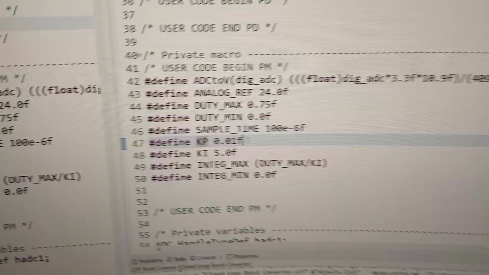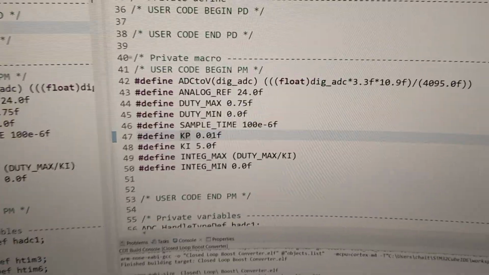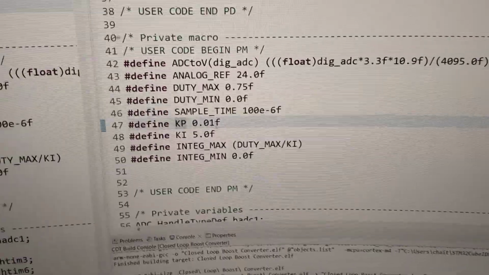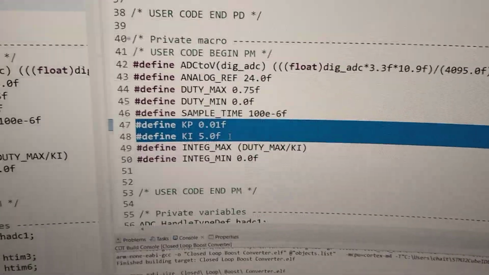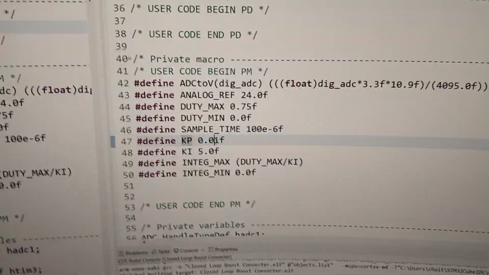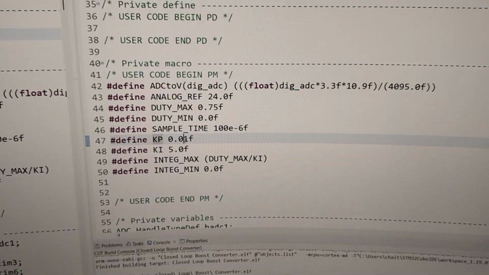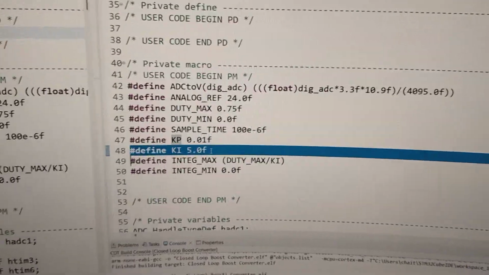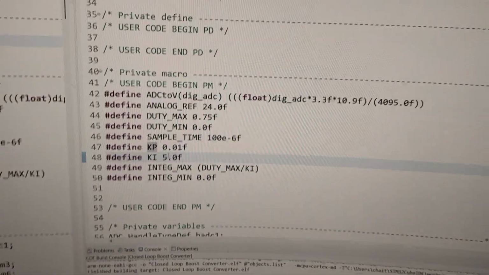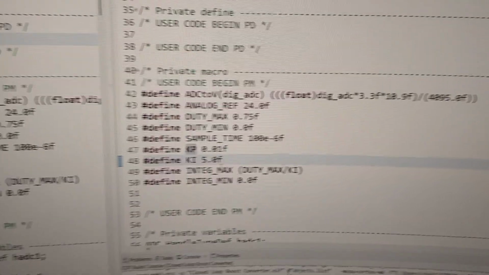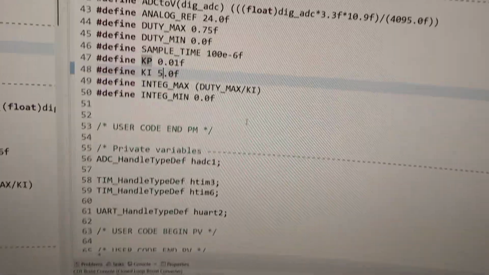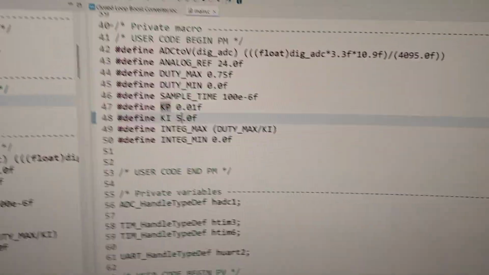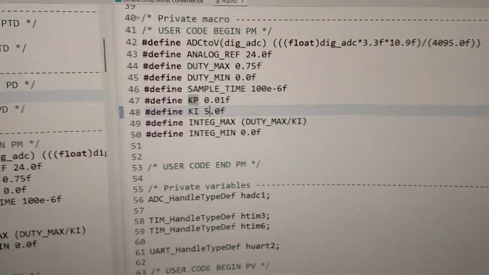After a lot of experimentation, these are the values which I'm satisfied with as of now. KP is around 0.01 and KI is 5. KI is higher because I want to eliminate the steady state error, which, if I keep this low, will be large. And one thing that they generally do in PI controllers is clamping, which is basically